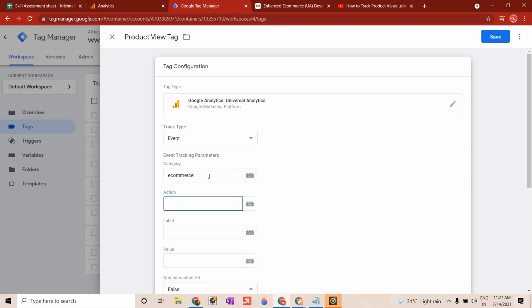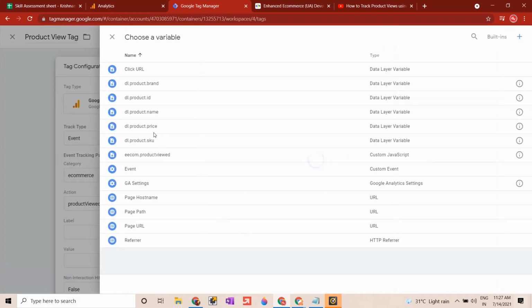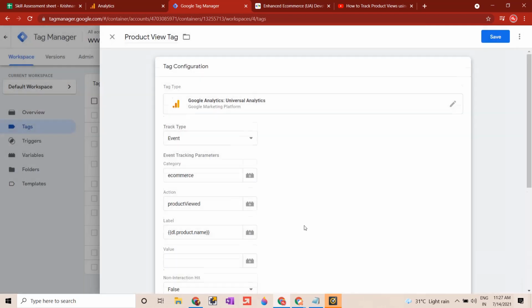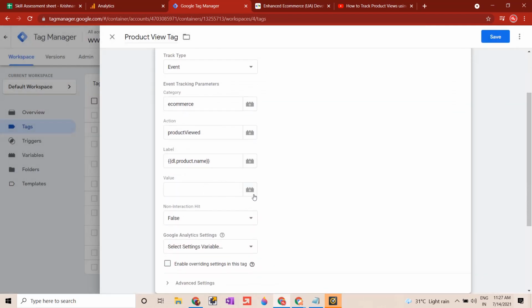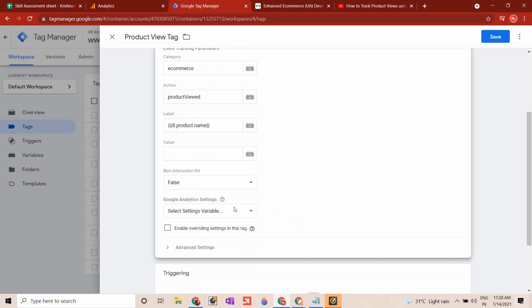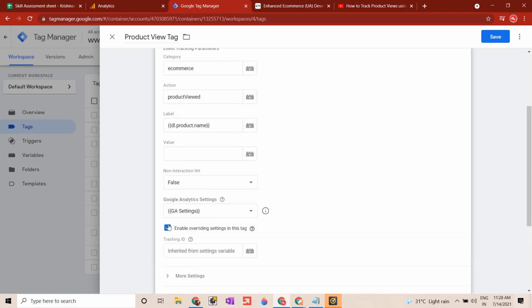Action will be product viewed. Label will be, yeah, we can choose a label as product dot name. Value of course has to be an integer. GA settings,